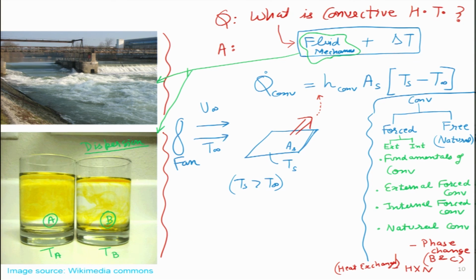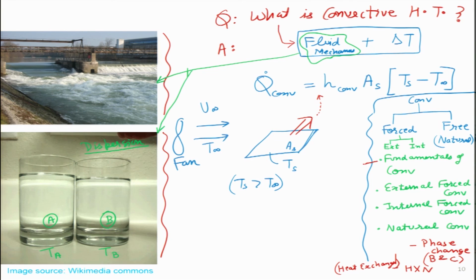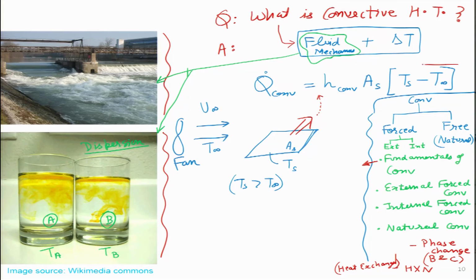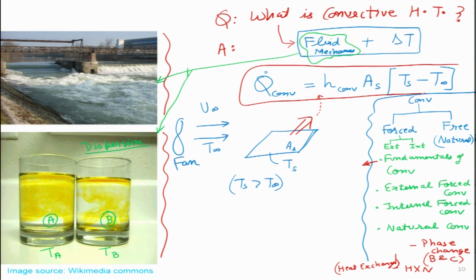In the next 10 to 12 lectures, we will be talking about all these topics one by one, but the most important topic, I believe, is the fundamentals. We will learn the fundamental physics behind what exactly convection is. The beauty of convection is that, even though it is the most complicated of all the modes of heat transfer, if you look at the equation written on this slide, with a box around it, it is one of the simplest equations around. The only thing which makes life difficult for engineers is this convective heat transfer coefficient h.